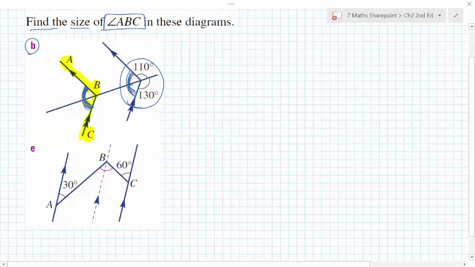So what I can tell from this is that the angle ABC is essentially equal to 360 degrees take 110 take 130. So I'm basically finding this angle here by going 360 take that, and I'm left with this angle, which is the same as this here. So if I then go ahead and do that, that's 360 take 240, so I'm left with 120